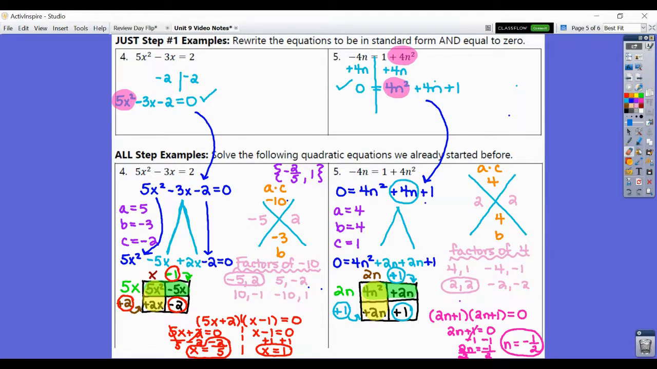When both parentheses are the same, just a side note here, you might see this as 2n plus 1 squared equaling 0. That would be the equivalent